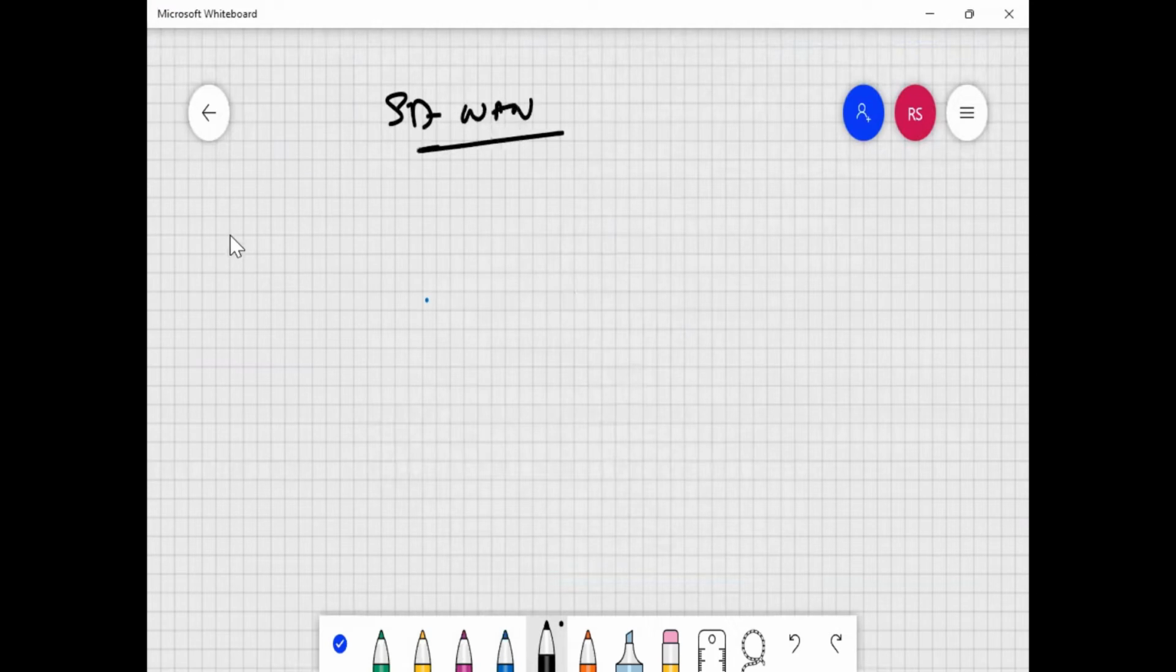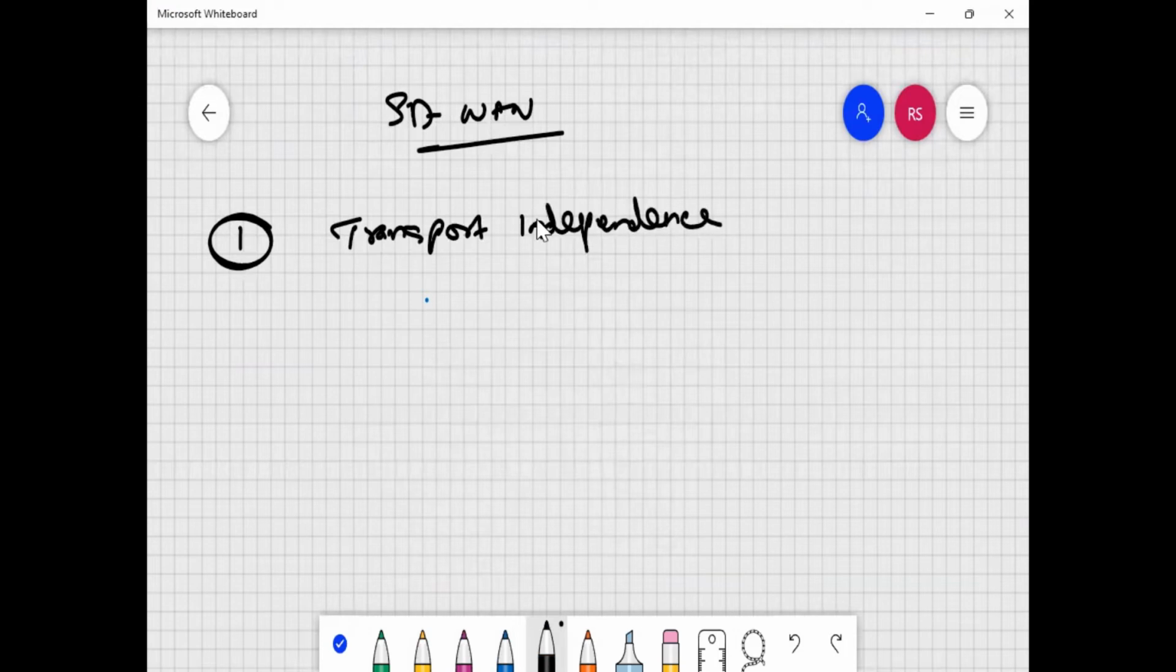SD-WAN. So it is providing us the transport independence. What kind of tunnel will get created? What kind of protocol is it using? That we will check later on in our SD-WAN architecture. But currently, I am telling you the very first thing when you are using SD-WAN is the transport independence, which is